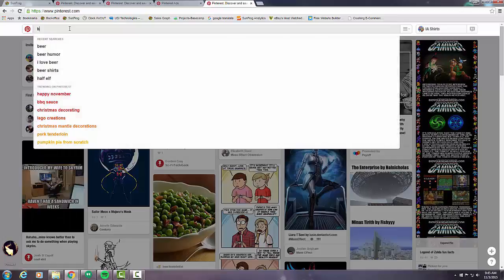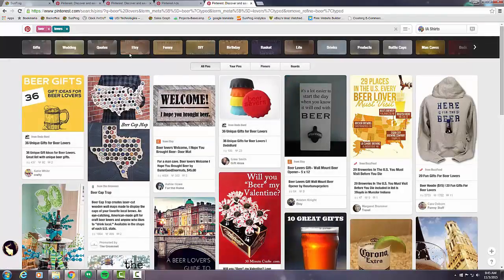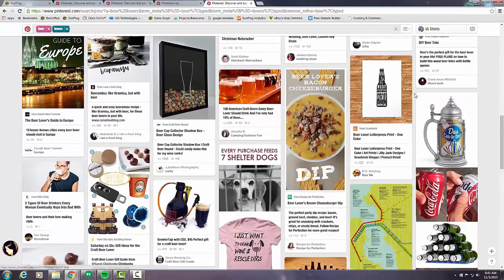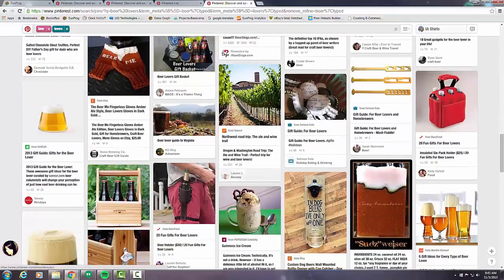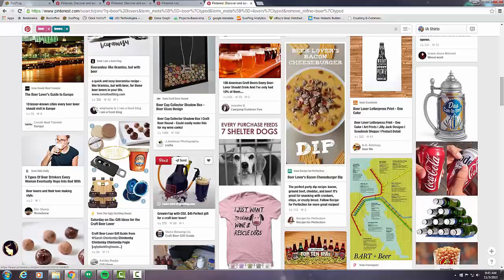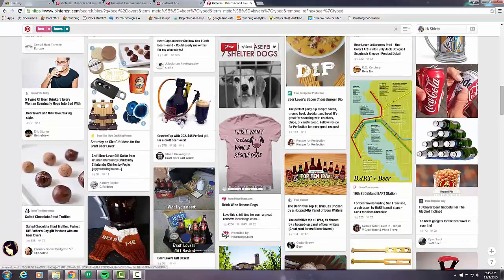So let's take a look at beer lovers, because that might be something that people are searching if they're looking for gift ideas for people that love beer. So first thing we notice is, okay, yes, there's definitely one product here. Let's take a look through. I got another product here. And then not only just shirts, but we see other products as well. We see project ideas for people that love beer. This wall art here,